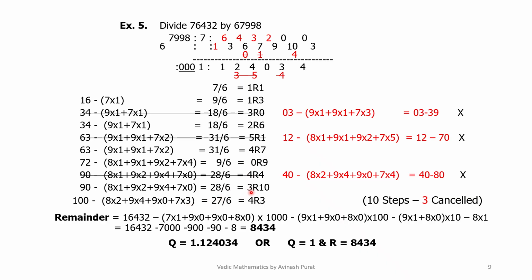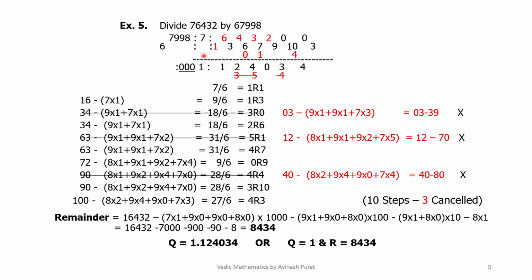Instead of 4, now we take 3 as quotient and then remainder is 10. So we get 100 dividend. Next is 100 dividend minus 8 into 2 plus 9 into 4 plus 9 into 0 plus 7 into 3, that is 27 divided by 6 equal to 4 is quotient and 3 is remainder. We have got 10 steps here and 3 of them are cancelled. Now remainder